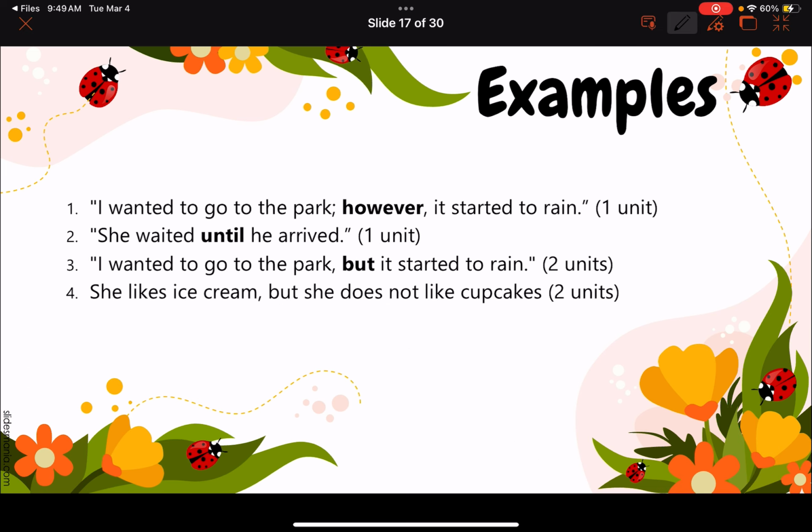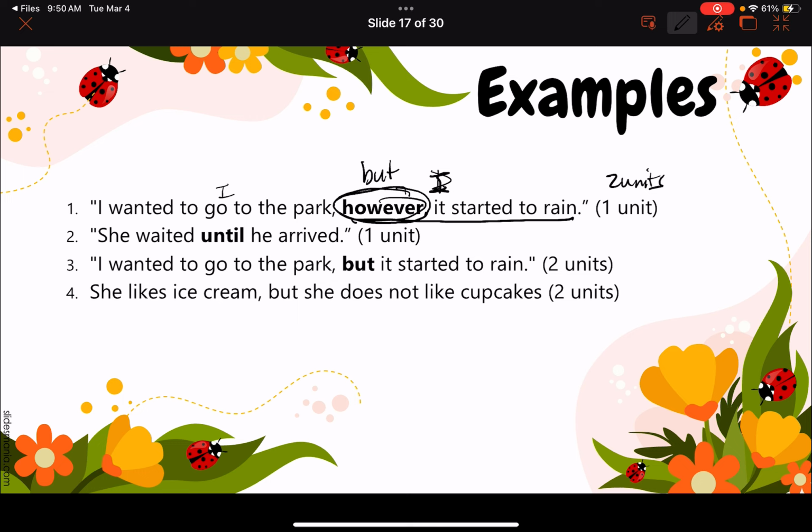So here are some examples. I wanted to go to the park. However, it started to rain. Right? So that's two different phrases. However, this is a dependent clause. This is an independent clause. However, it started to rain cannot stand on its own. Because of this, however, that's why it makes it into one T unit. If you did replace this with but, now we've changed it to a coordinating conjunction. Now it would change this to an independent clause, and this would be 2 units. But because however is being used here, and however it started to rain is not a grammatically correct sentence,